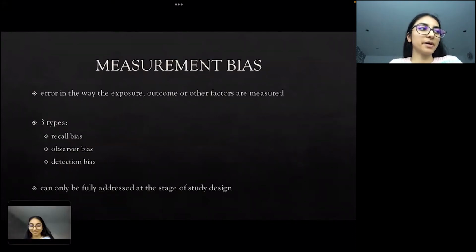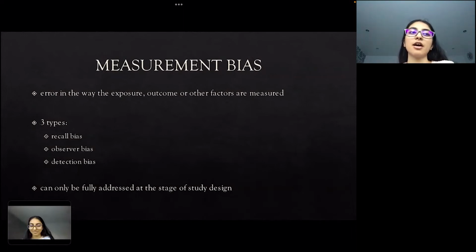Okay, so measurement bias. As the name suggests, measurement bias means that there's an error in the way that the exposure, outcome, or other factors are measured. So if, for example, the exposed group are checked more regularly for the occurrence of the outcome than the unexposed group, they're much more likely to find the outcome in the exposed group just because they're looking for it in them a lot more. Or perhaps in a case control study,